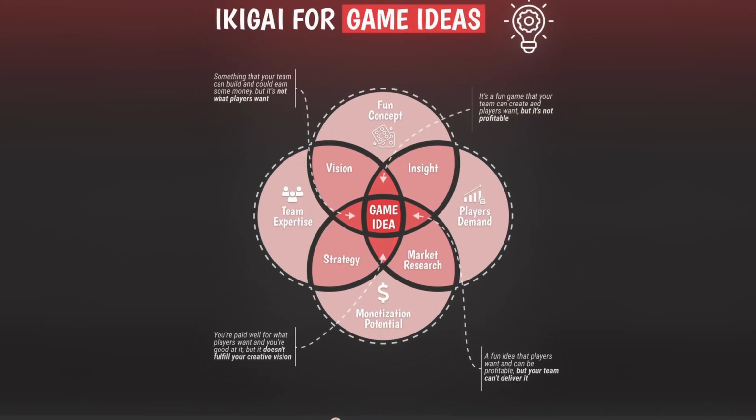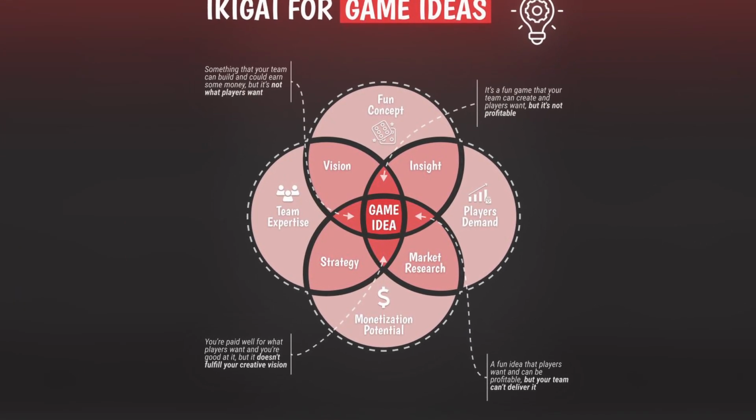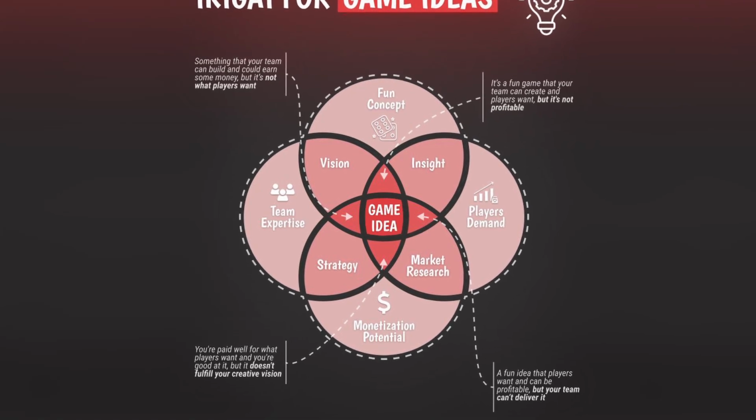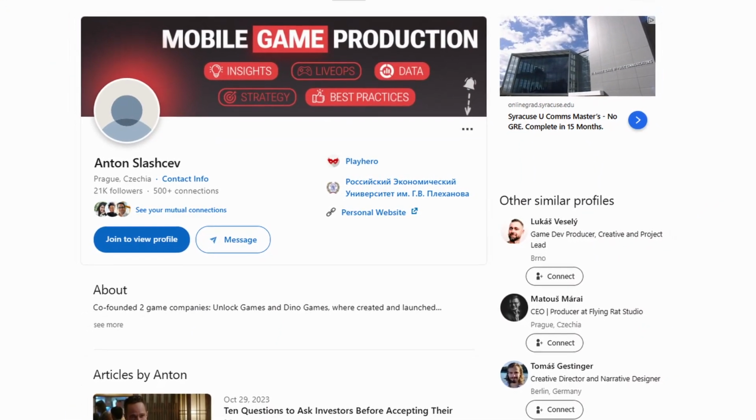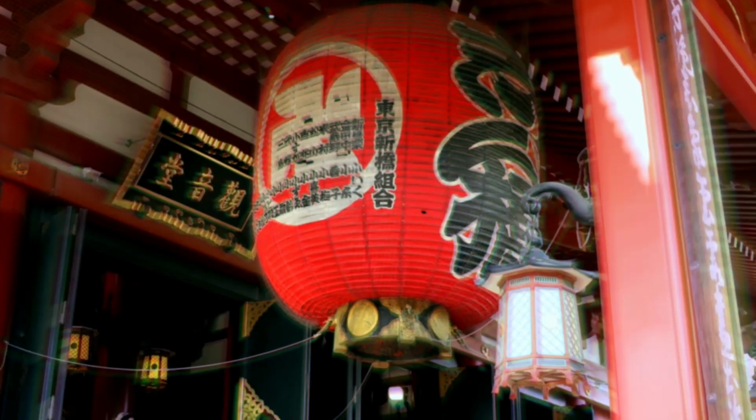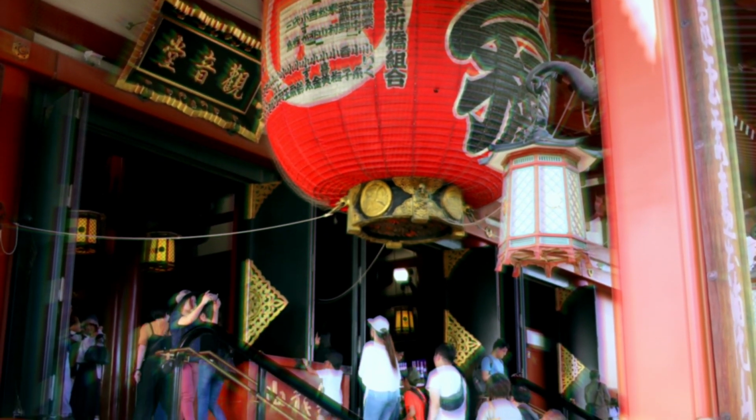That's right, this chart will tell you if your game idea is the next indie hit or if it will disappear into the depths of itch.io. Now, quick disclaimer, the chart isn't a steadfast law. It's not even a tried and true method with a pedigree of successes behind it. It's just some crap I saw on LinkedIn from Anton Slashev, where he took a mangled version of the Japanese concept of ikigai and mushed it together with some business school nonsense.